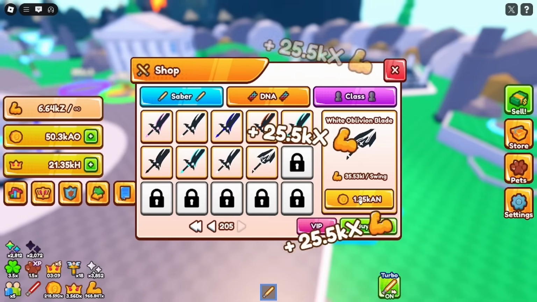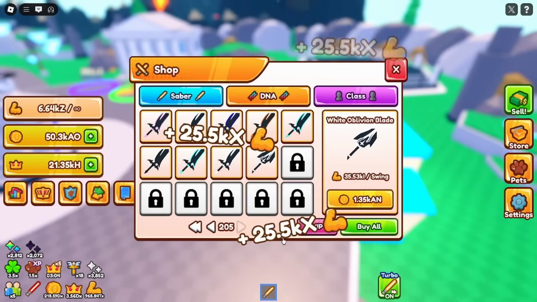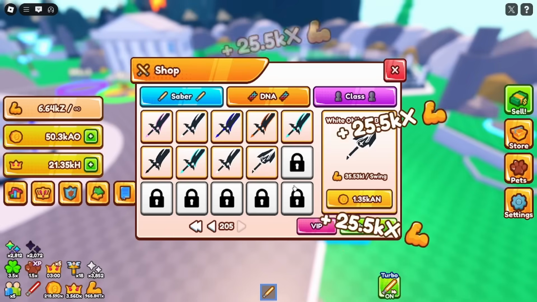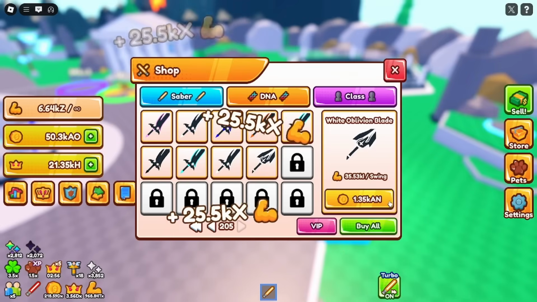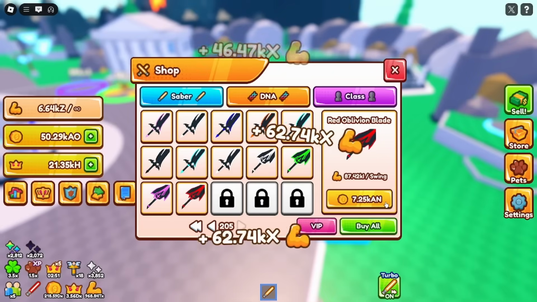Now I'm going to buy all these individually, because I do want to make sure that I still keep the 12.5 KAO to class up later. So I'm just going to obviously buy all these at the moment. So as you can see, the costs of these are obviously starting at 1.35 KAN, going up to 2.37, 4.14,